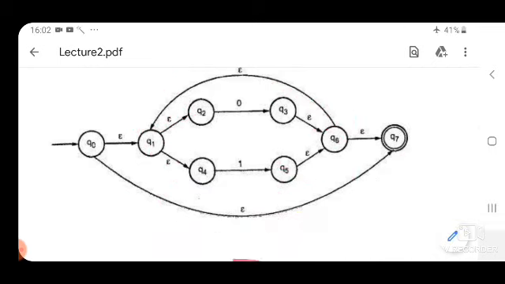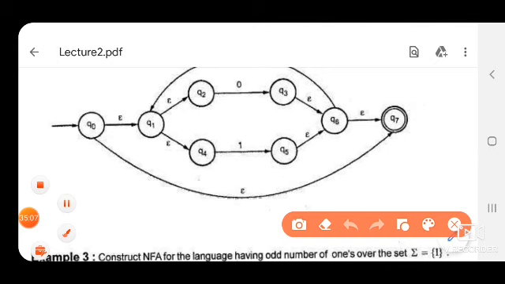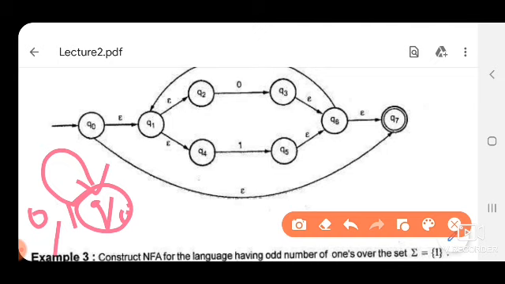Okay. In this way we can get the figure for 0 plus 1 asterisk. Later on we can simplify our complete figure. Let us say this is state Q0. If we draw like that, with 0 and 1, it means there is a self loop for 0 as well as 1.